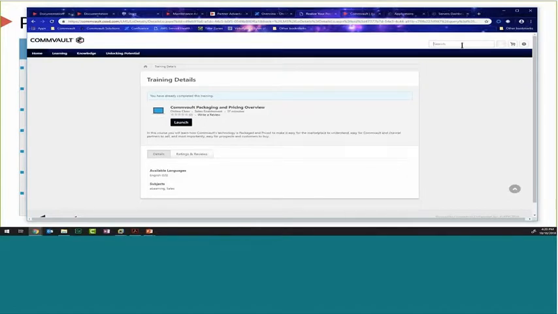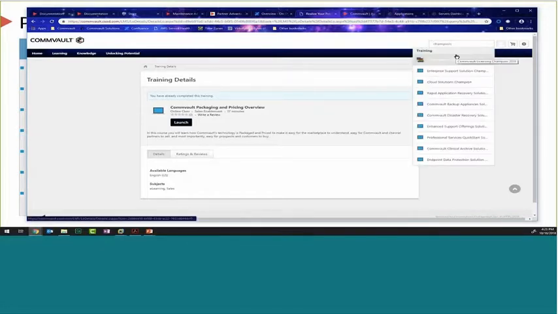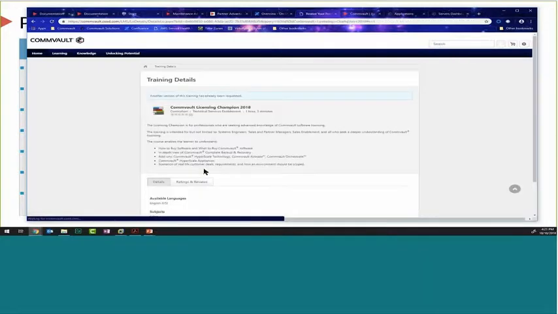We also have the License Champion module. Let me pop that in real quick. This little program here is an additional item that you can do if you want to become a licensing expert. What happens with this program, called the Licensing Champion, is it enables you to become part of a sort of membership,